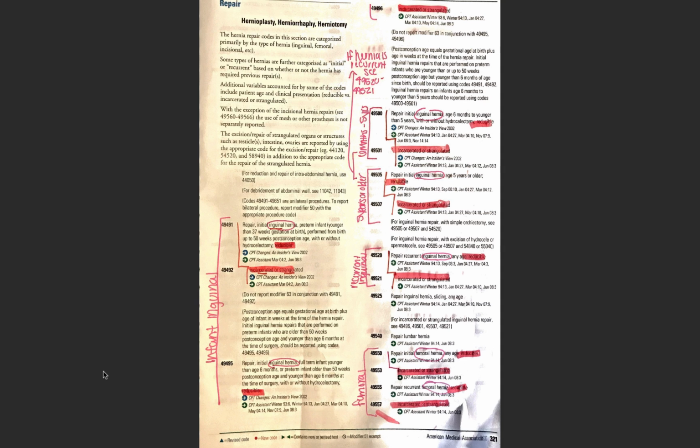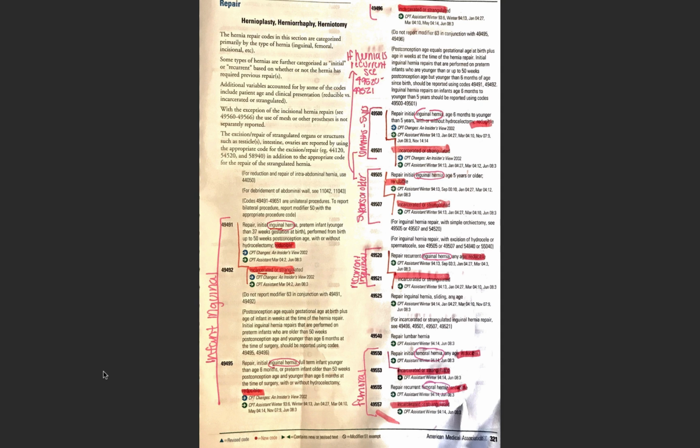The last thing that we're going to talk about is hernia repair coding that we talked about a little bit earlier, but I wanted to show you how I bracketed my page. For infant inguinal hernias, I have those bracketed from 49491 to 49496. For 6 months to 5 years old for an inguinal hernia, I have it bracketed from 49500 to 49501. For 5 years or older, 49505 to 49507. And for a recurrent inguinal, any age, it's